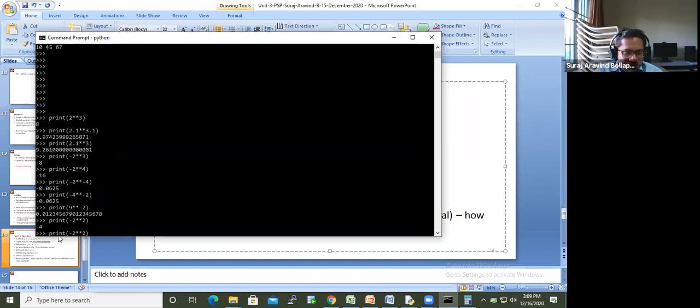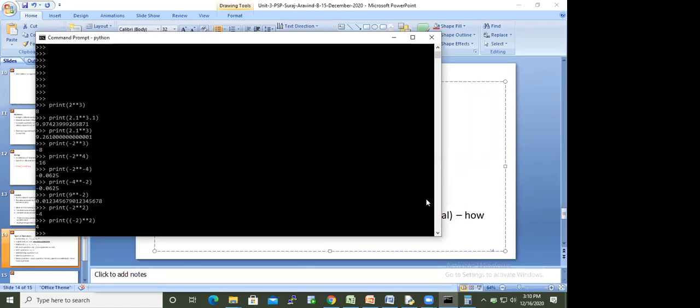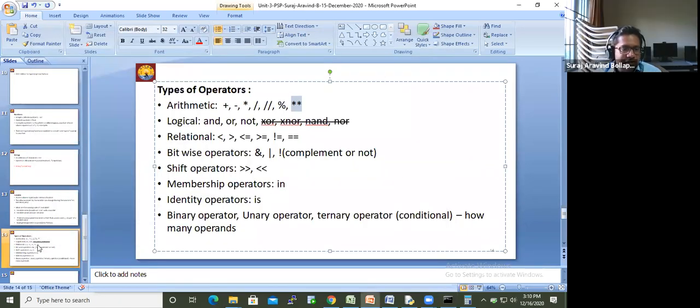Good. Now if I put it like this, with brackets, it is 4. So there is a word called operator precedence.